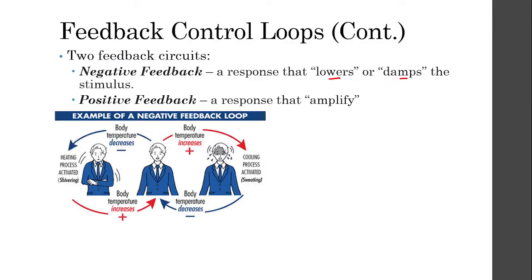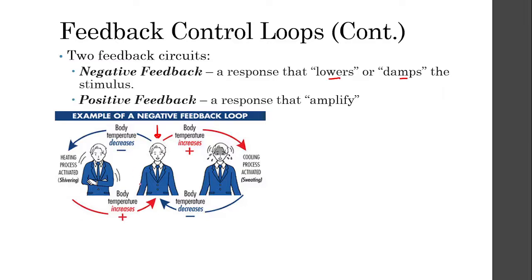Okay, so let's look at this example of a negative feedback. We have our set point. This is our body at a normal range. It's not too hot and it's not too cold. But when our body's temperature suddenly decreases because perhaps it's too cold, there's loss of temperature, it's winter, the body creates a heating process inside us. And later we will learn some various heating processes that happen in our body. But one of the things that I've actually told you guys a lot of times is, for example, shivering. Moving of the muscles actually creates heat in our body.